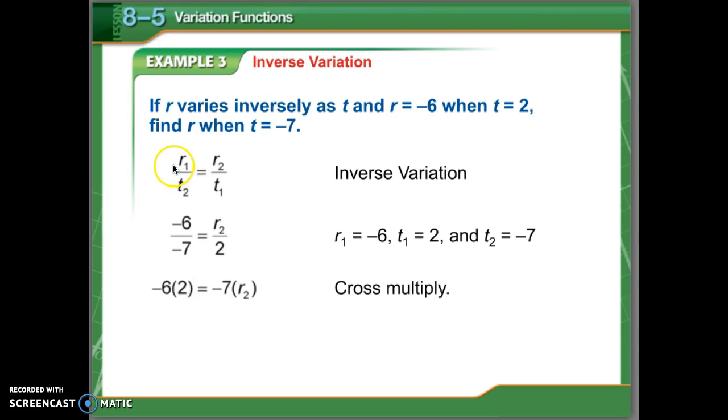So here we have -6/2 is going to equal the unknown over -7. Oh, sorry. Notice here they have R1, T2. They flip the signs. The other way of saying this, actually let me use the pen to write this. When you solve the inverse variation equation and you get k equals xy,